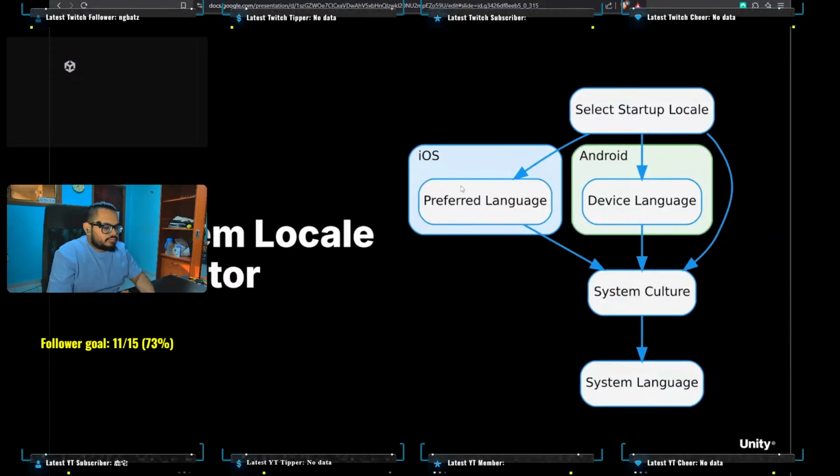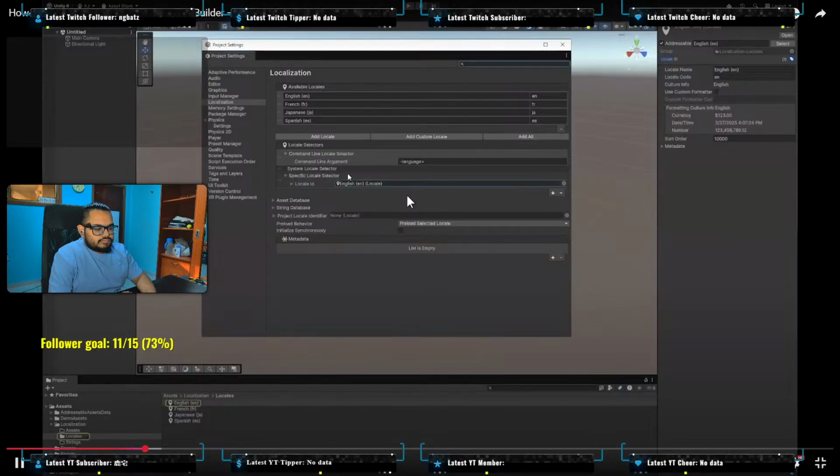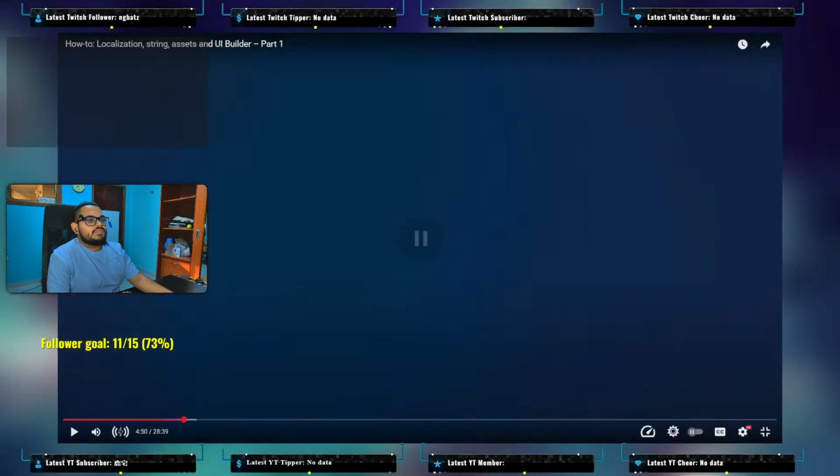If that fails, say it's not been set or you're not on one of those platforms, then the next thing it does is check the system culture. That is where .NET can tell you what the operating system language is. So it'll then check that. And when it does that, it'll also check for a fallback. So for example, fall back from French Canada to French. So for our example, we're just going to use